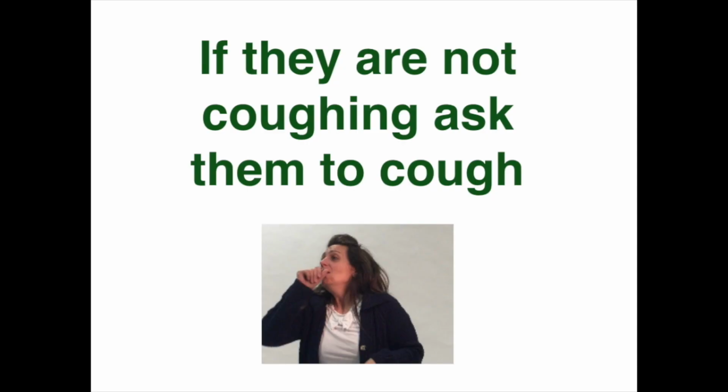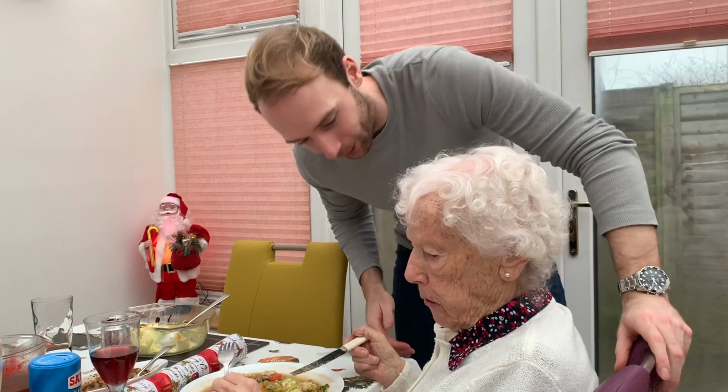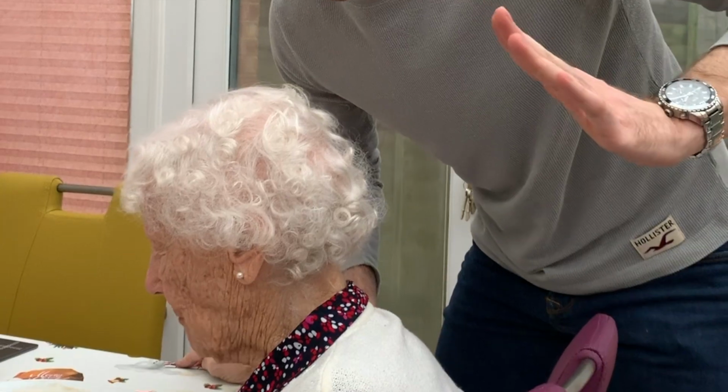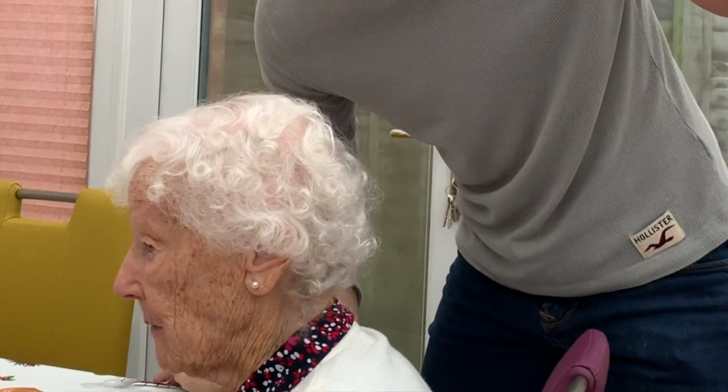So as soon as you see a person is panicking, they're holding their throat, they're turning blue, say to them, are you choking? You're asking permission also at this stage. If they don't respond, then ask them to cough. Get them to do big belly coughs. Cough, cough. If coughing doesn't dislodge the blockage, then we're going to give them up to 5 back slaps